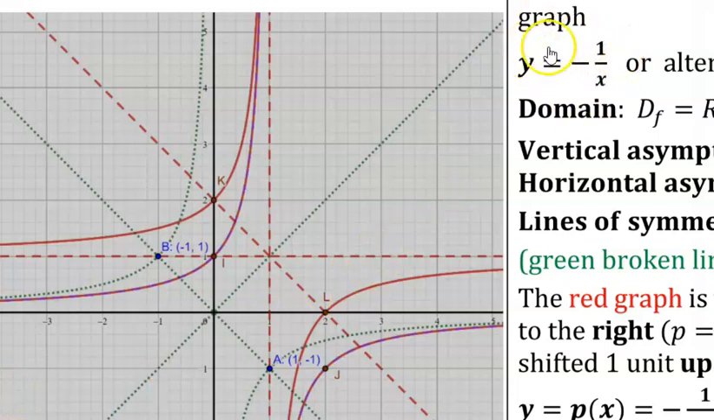Just a reminder about this y equal to minus 1 over x, which is the reflected hyperbola about either the y-axis or the x-axis of the hyperbola y equal to plus 1 over x. It has exactly the same domain and exactly the same vertical and horizontal asymptote, and it has exactly the same lines of symmetry. Y equal to x is a broken line here, and y equal to minus x is a broken line there. But in this case, we will be in the second and the fourth quadrant, because in the